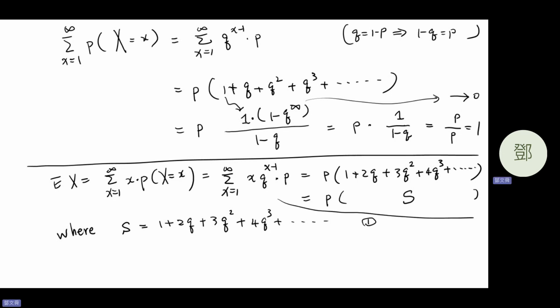Let me call it 1. And if you multiply s by q, then it equals q plus 2q squared plus 3q cubed and so on. Let us denote it as 2. So 1 minus 2